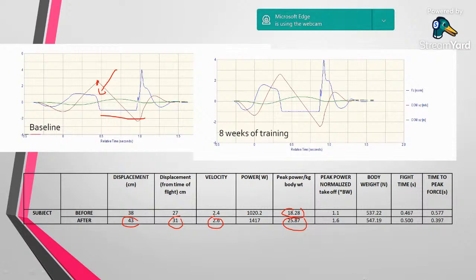So as you can see the peak normalized force, takeoff force has also increased, the time of flight has also increased. This all indicative of the power. And this is the most important factor, time to peak force. That means कितना जल्दी force लगाया, कितना quickly force लगाया, कम समय में ज्यादा शक्ति. Okay, in minimum time you are creating or generating more force. That is also an important aspect which we can measure. That means we can measure the rate of force development, which is nothing but the slope of the force time curve. Slope of the force time. Okay,